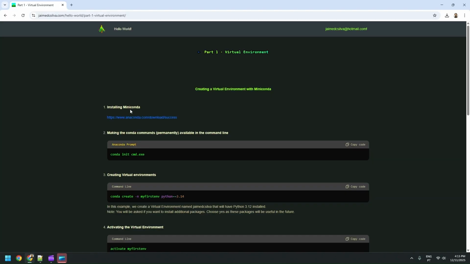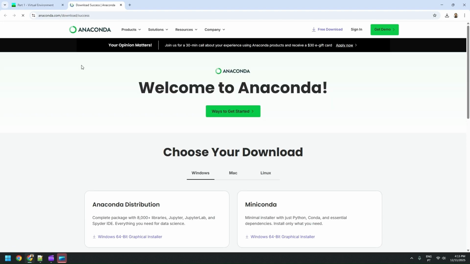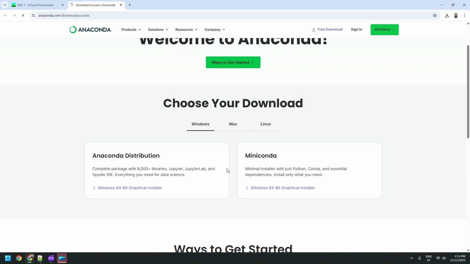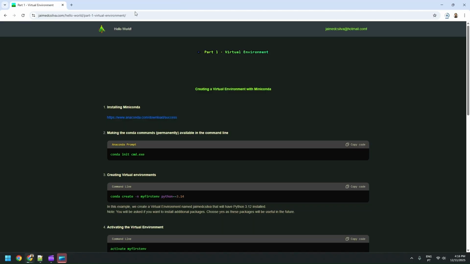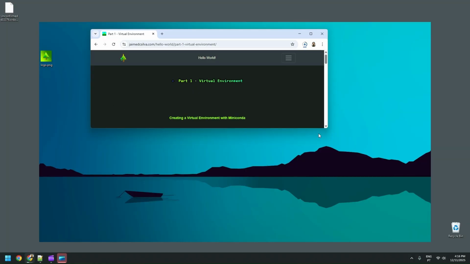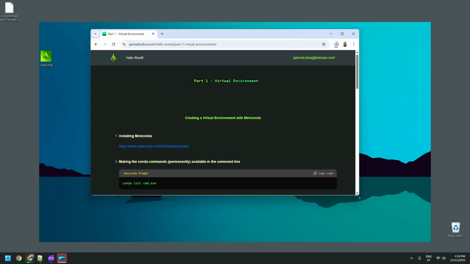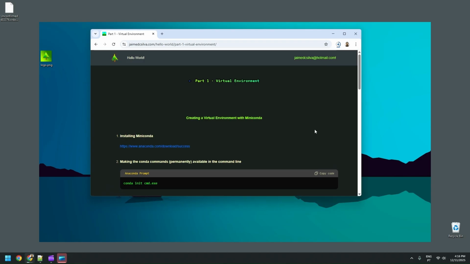I will be using Miniconda to create virtual environments. There are other alternatives, but Miniconda makes it simple, okay? So let's visit their download page, anaconda.com, choose the appropriate system. I'm on Windows, so I'm going to go with that download. It's downloading, let's wait for that, and meanwhile, I'll explain a little bit why it's nice to use virtual